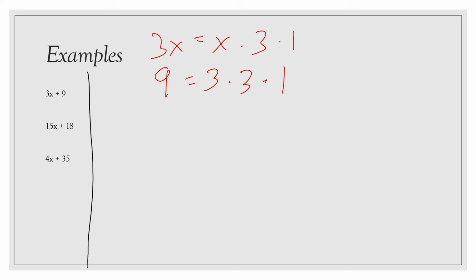So what do we have left? Well, let's look for our sets. A set of 3 and a set of 1. We're not going to really worry about that 1 when we end up writing all this together, but we'll go ahead and keep it there. So that means our greatest common factor